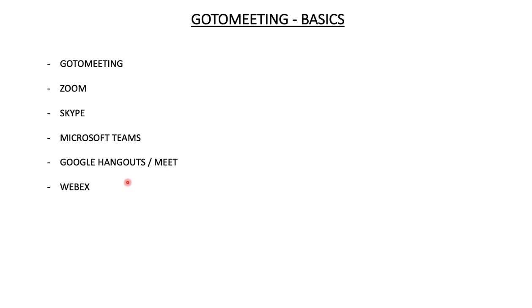So if I compare GoToMeeting with all the other platforms, you would see that most of the functions are quite similar. So once you start using GoToMeeting, it might be quite simple for you to use all the other platforms. So in this session, we would be focusing on GoToMeeting and run through the basics.